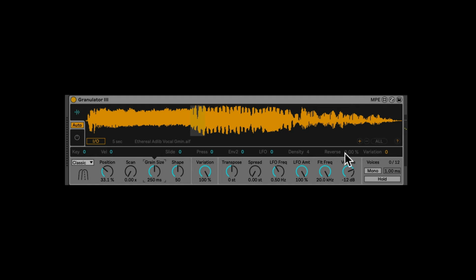Let's check out variation in terms of size. So size is exactly the same right now. I'm going to add some variation. And now the size is changing. Let's do both, position as well. Introduce some scanning. A bit harder to hear this when the scan is active, but I'm going to bring it down